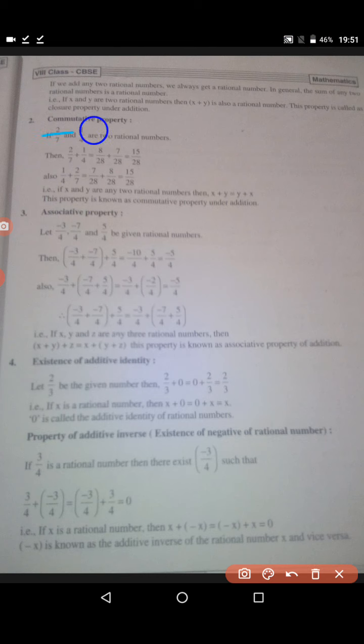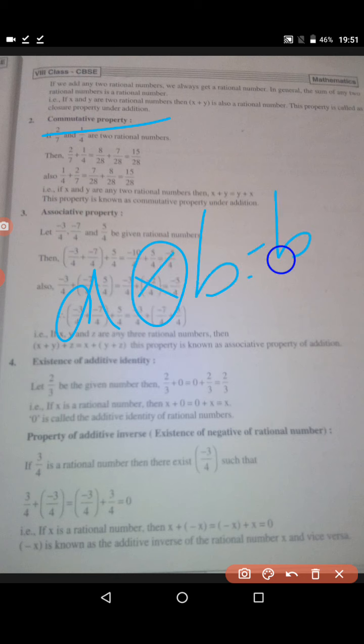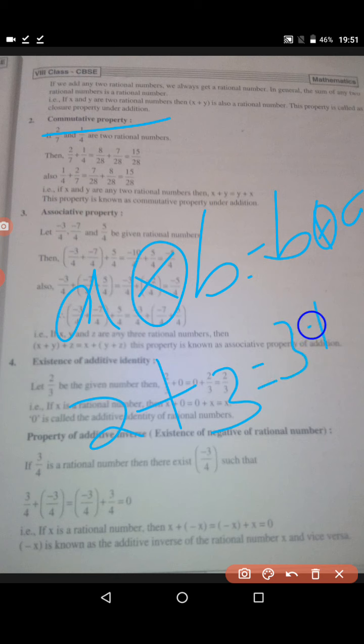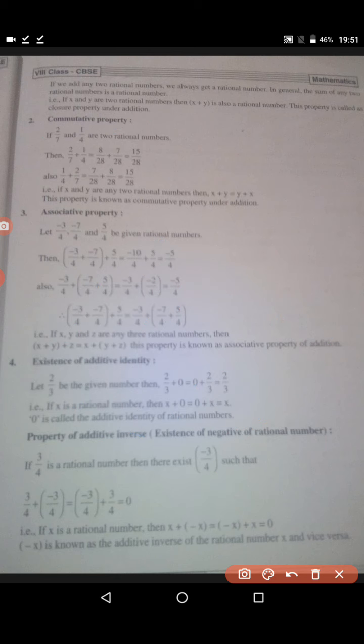Now looking at commutative property. Commutative property is nothing but when a operation b should be equal to b operation a. That's all. I am going to give an example for natural numbers. So 2 plus 3 equals 3 plus 2. Yes, it's correct. Like that. So that is all about commutative property. Now here it is given. You can check there. x plus y should be equal to y plus x, but you should also check that multiplication satisfies it.